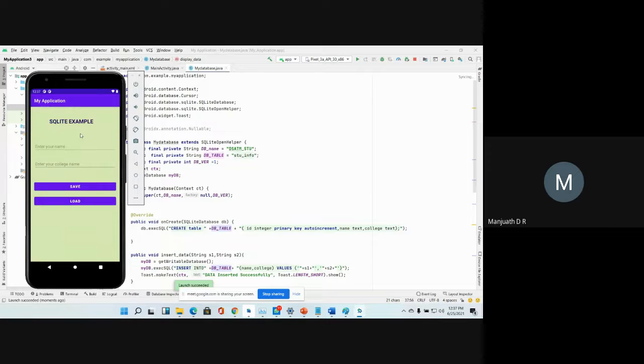Okay, my application is open. Initially I don't have any data, so I simply executed load data. Nothing has displayed since I don't have any data. So first, I'm going to hack to